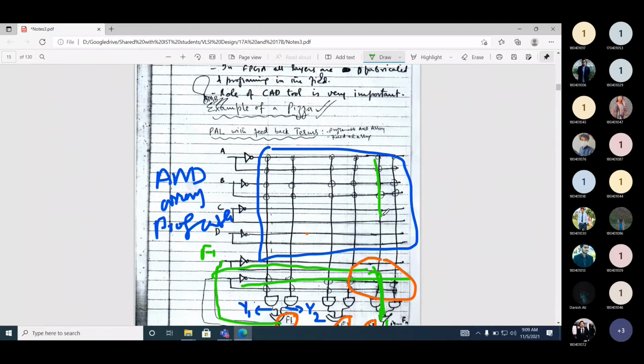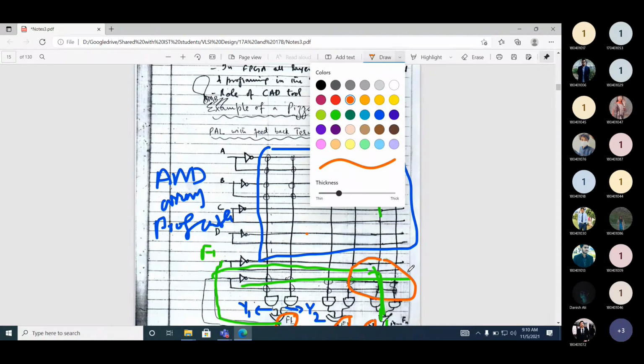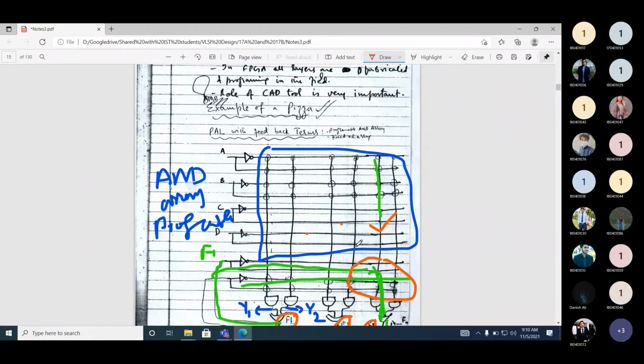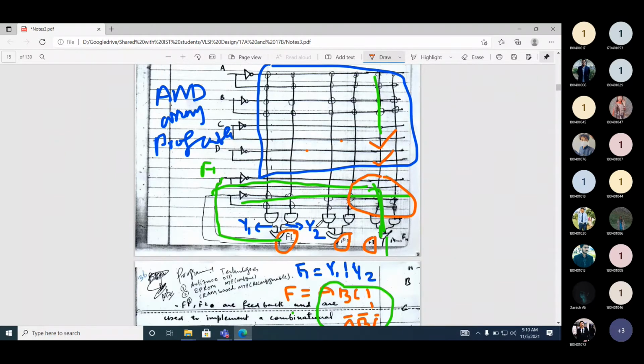And in CD, if you want to retain these switches, which switches will be retained? C and D. Yes, F1 can be fed back. Why would you like to do this?